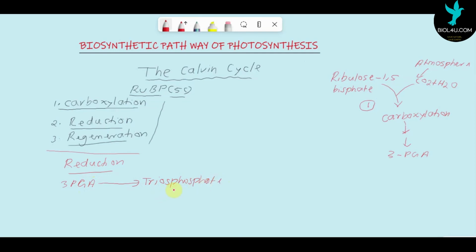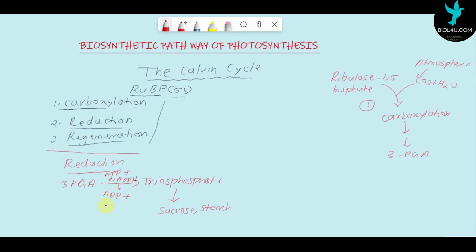Okay, and this triose phosphate is utilized for the synthesis of the food, that is the sucrose and starch. So this is the point where the food, that is a carbohydrate, is produced. During this reaction, ATP is utilized. The ATP that is produced in the light reaction, and also NADPH, are used, and this ATP and NADPH help in the reduction, and ATP is converted into ADP, that